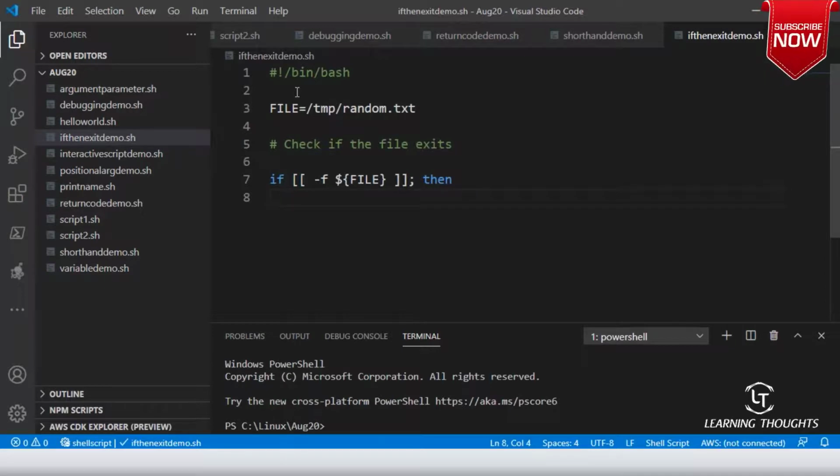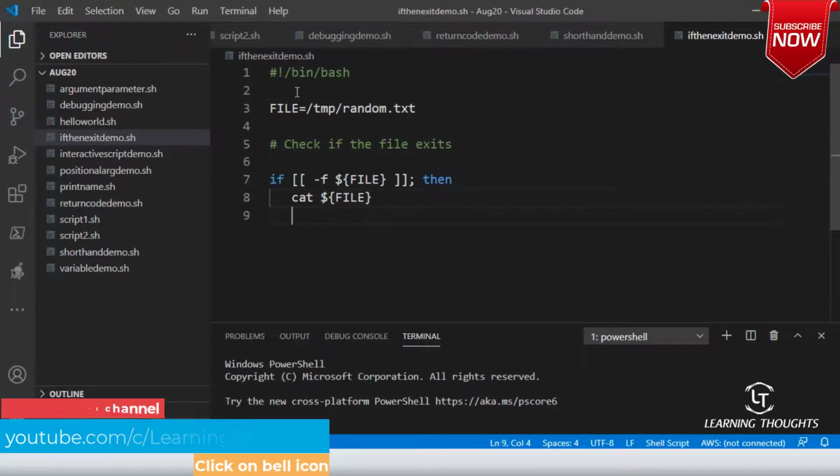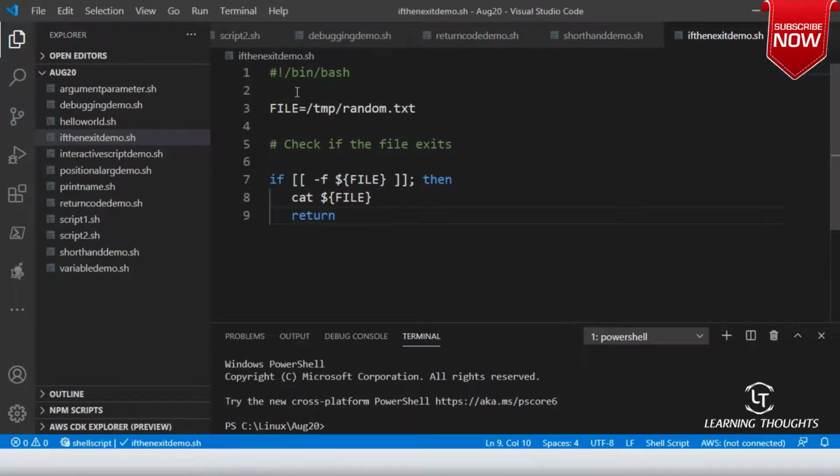You cat the contents of the file, so cat $file, and then return the exit code, or you can say exit with a code of 0. What is the exit code of 0? In shell, this is the starting of the if block and this is the ending of the if block. But if this is not true, then the file doesn't exist, and I am returning the error code of 1.